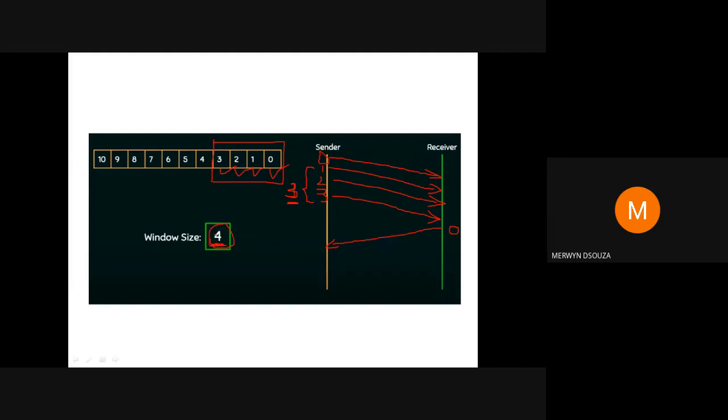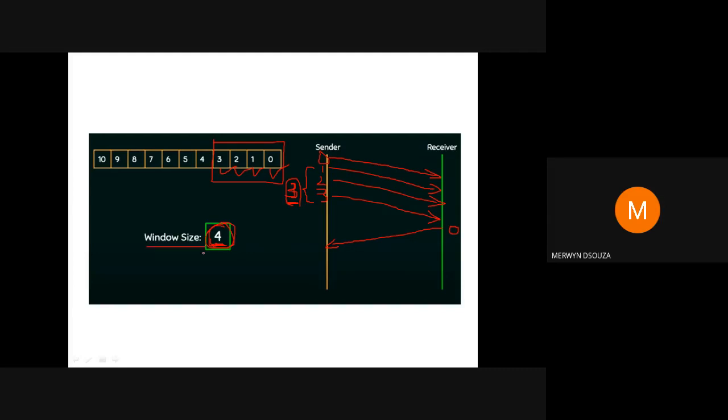Since the window size is 4, the sender can send one more packet without having to wait for the acknowledgement, because like I told you at the beginning, this number here, the window size, is the number of packets that can be sent by the sender without having to wait for acknowledgement. In the present situation, since one acknowledgement has already been received and it is waiting for 3 acknowledgements, it can send one more packet so that it becomes equal to the window size and then stop